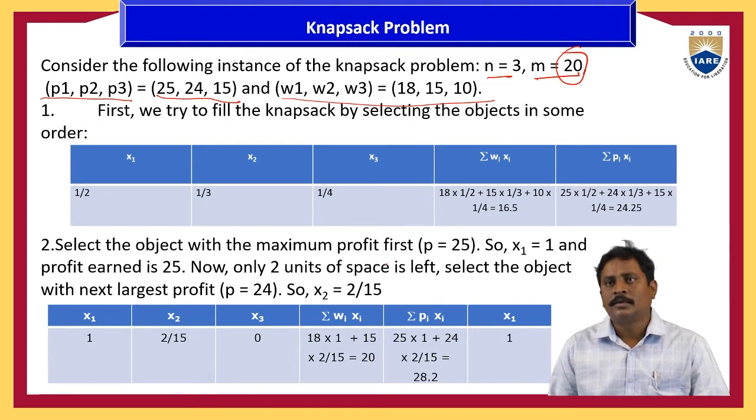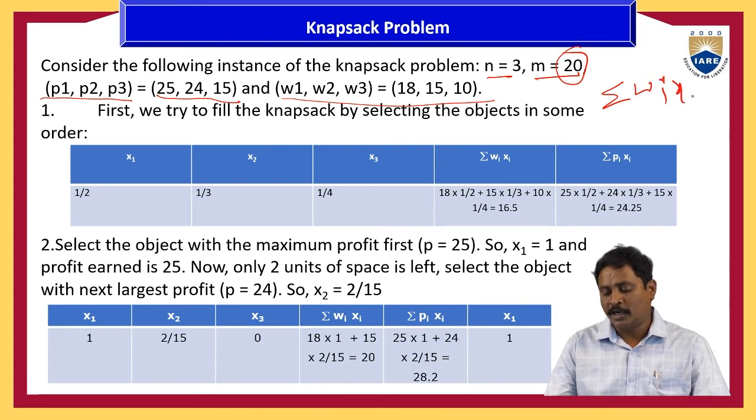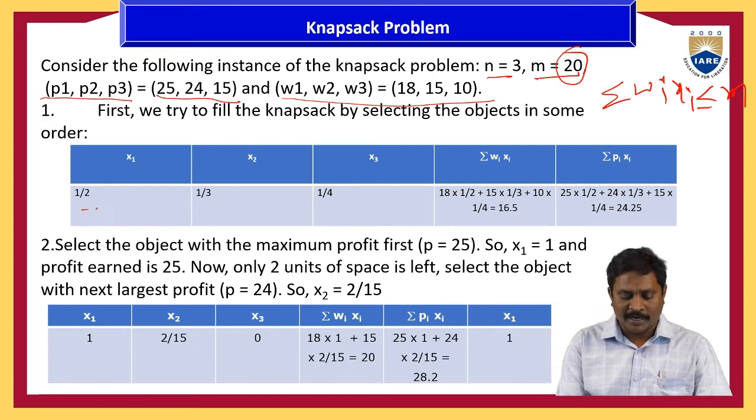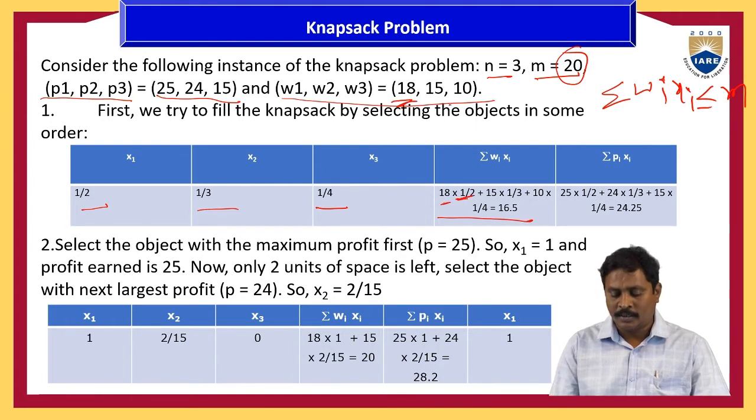Here the condition is summation Wi xi is less than or equal to the maximum capacity M. That is the condition. Here we take x1, x2, x3 values randomly as 1 by 2, 1 by 3, 1 by 4. To find the Wi xi value, we multiply: W1 is 18 into 1 by 2 for x1, W2 is 15 into 1 by 3 for x2, W3 is 10 into